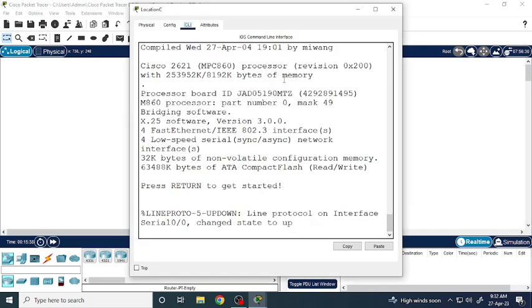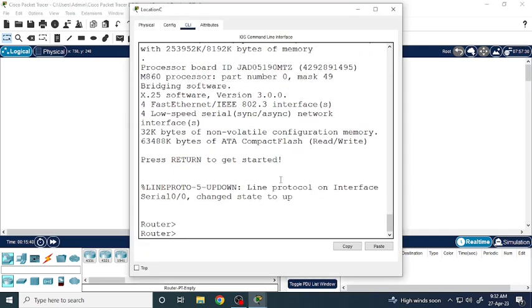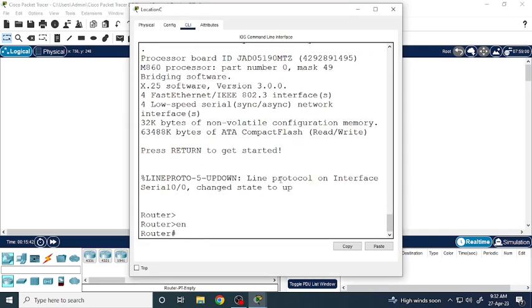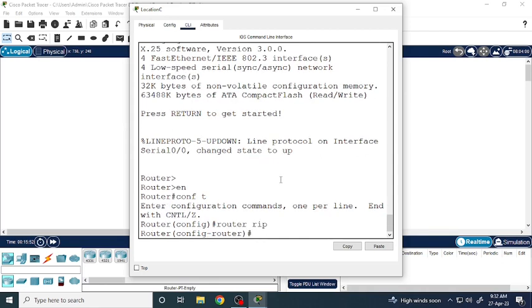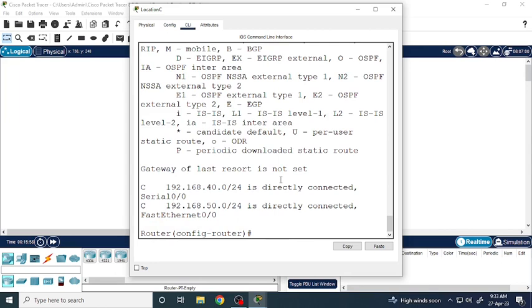So let's go for the third one: enable, configure terminal, and let's activate router RIP and net. So let's apply show IP route first, so you can see that 40 and 50 are the routes that we have to advertise. So net